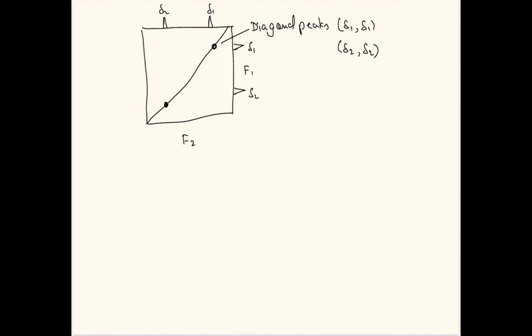So we will also get something called cross peaks. Now if you carefully look at this frequency over here, on one axis it is the frequency of delta 1, and on another axis it is the frequency of delta 2. So the cross peaks will be at delta 1, delta 2 and delta 2, delta 1. One is at delta 1, delta 2, another one is at delta 2, delta 1, right?